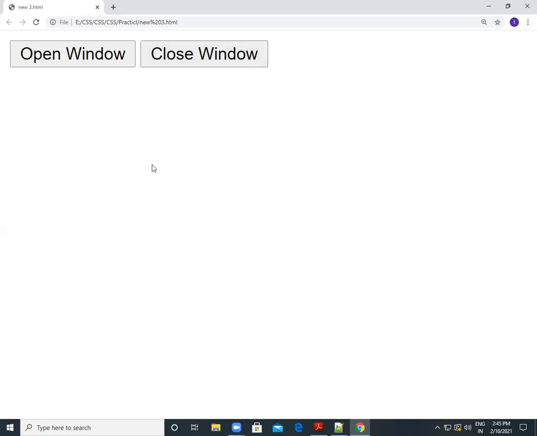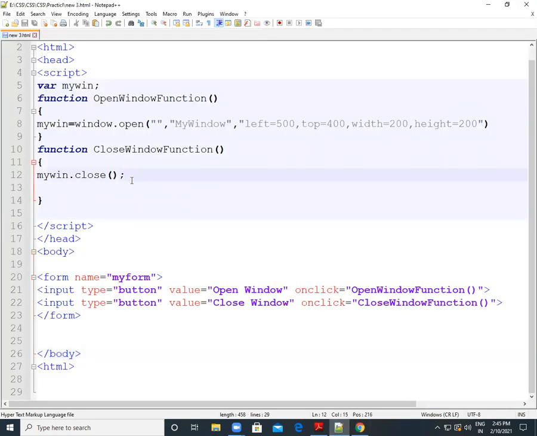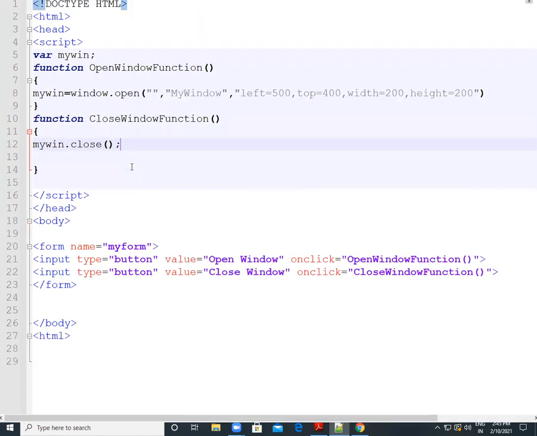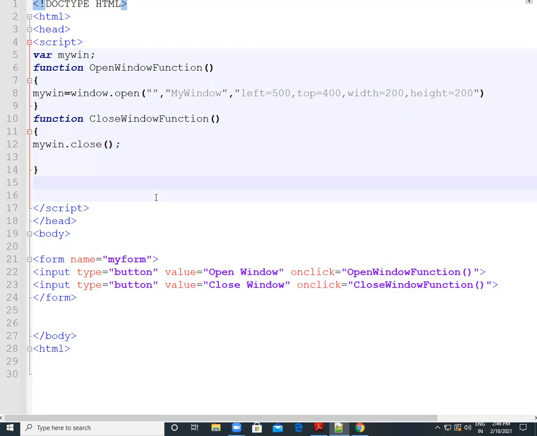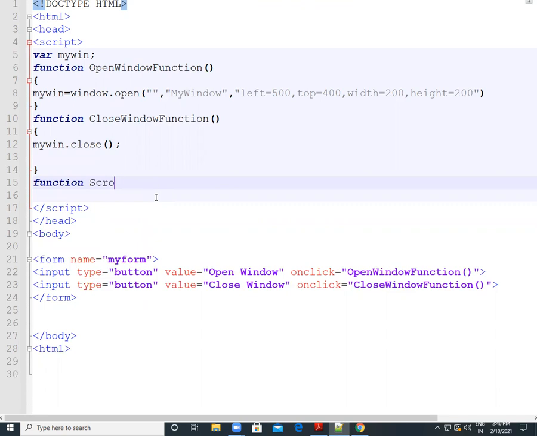Now let's use another thing for this code, or you can update this code for the scrolling bar. If you want to scroll our window, we have to put one function here. Let's see if it runs or not. So we put a scroll function here. So another function we will use here, the scroll function.